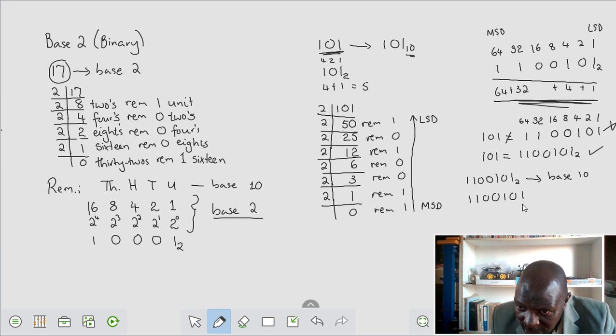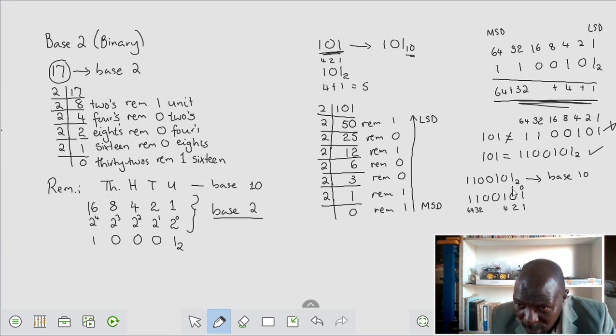This stands in the space of the unit. That stands in the space of the 2s. That stands in the space of the 4s, the 8s, the 16s. That stands in the space of the 32s. And that stands in the space of the 64s. But I also know that with the base exponent system, this is 2 to the power of